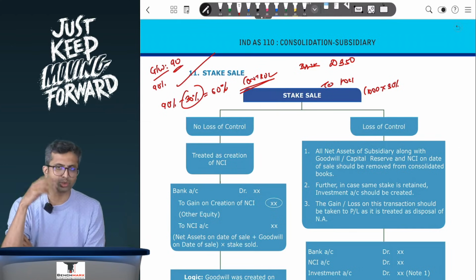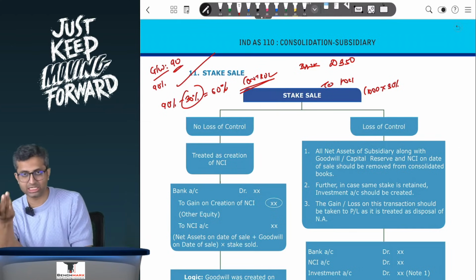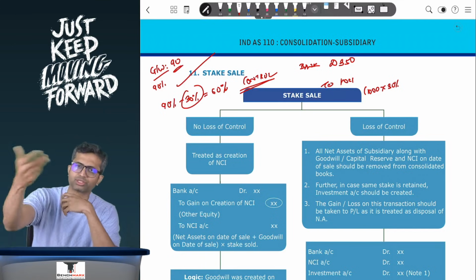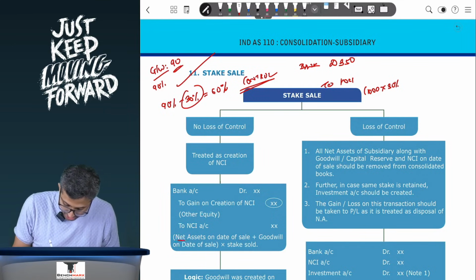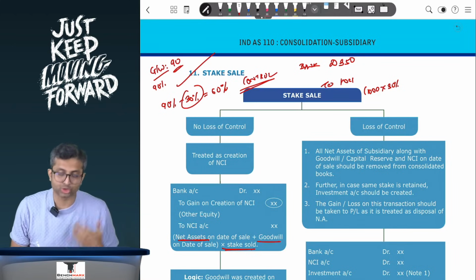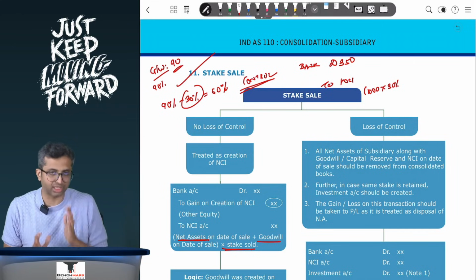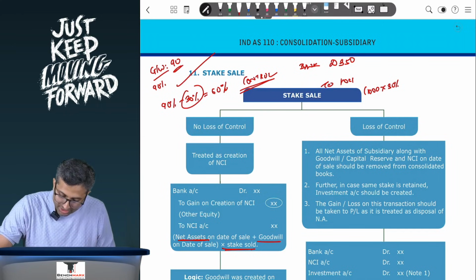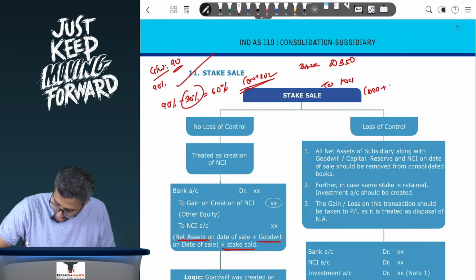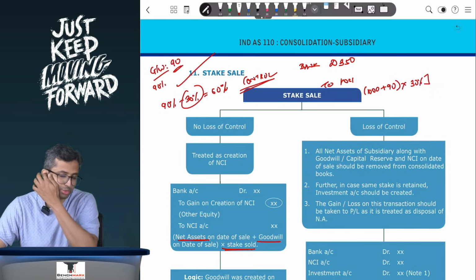I will have to take 1000 into 30%, yes, but 90 is for 90%, so for 30% also I will have to take it. So when I calculate, I will take the net assets on the date of sale plus the goodwill into the stake sold, that is 30%. Institute does it in a simplified way; mathematically it can be slightly different, but Institute says 1000 plus, let's say, 90 into 30%, though mathematically the most accurate way would be 1000 into 30%,